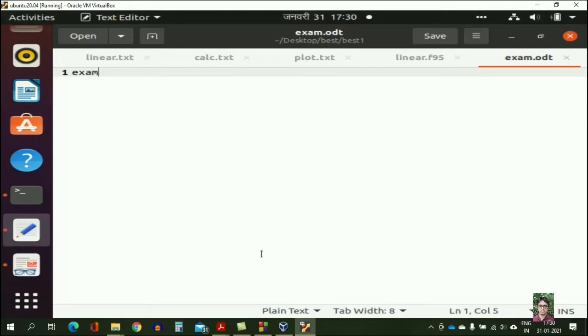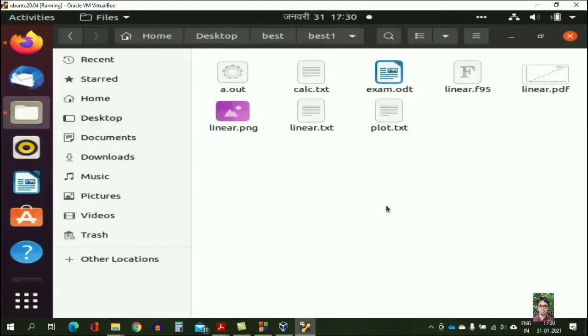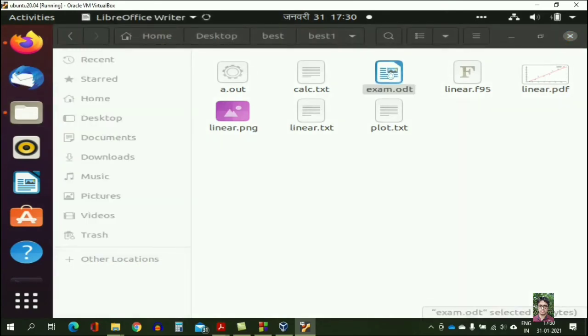We are saving the odt file. We can finally edit in the text editor. Just open the odt file in the text editor and we can type in the codes,